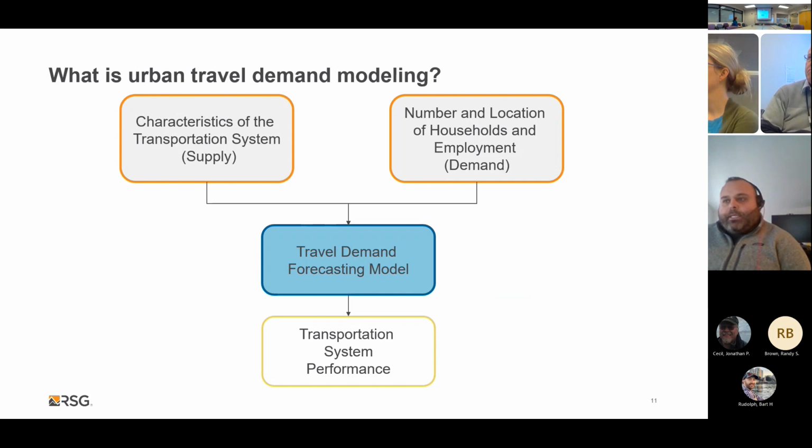So in the planning process, in the context of transportation system performance, we need to also make sure that we're bringing in other tools that are covering the blind spots of what the travel demand model is forecasting. So the travel demand model is only as sensitive to what we make it sensitive to. And if the travel demand model is not sensitive to a policy or planning question that we're asking, then the travel demand model is not going to be a good tool for that analysis.